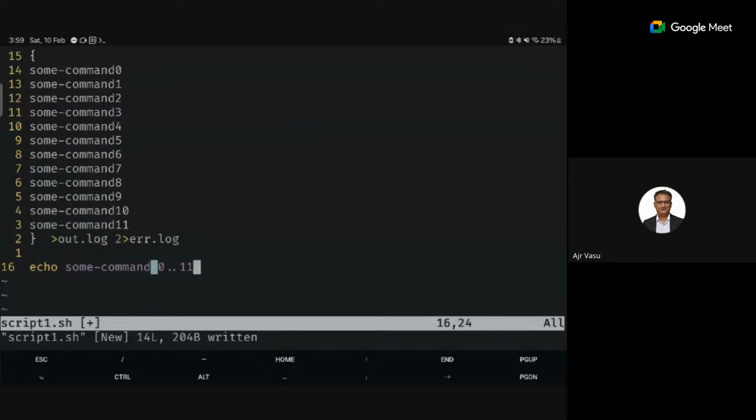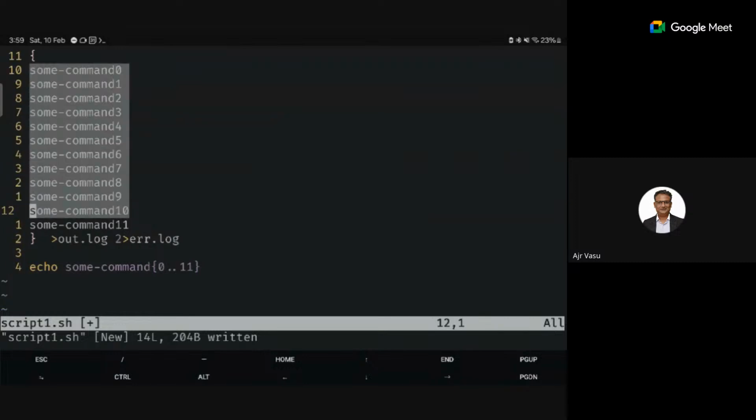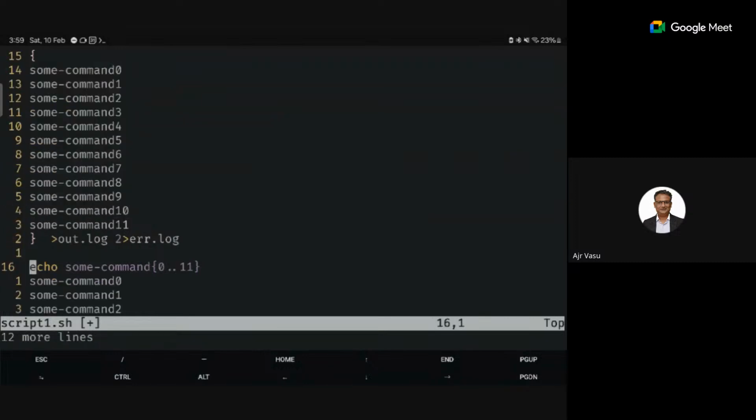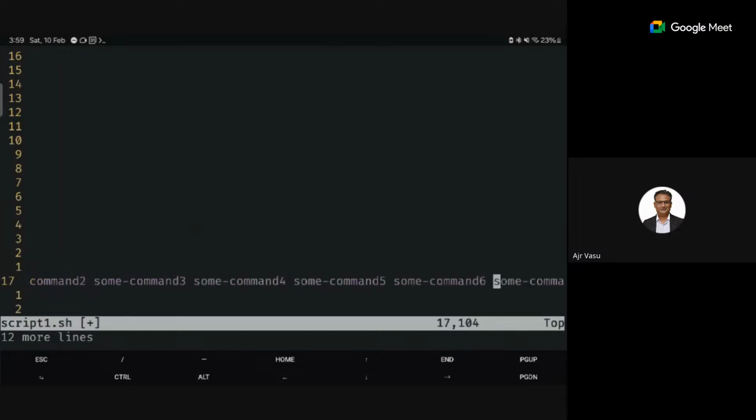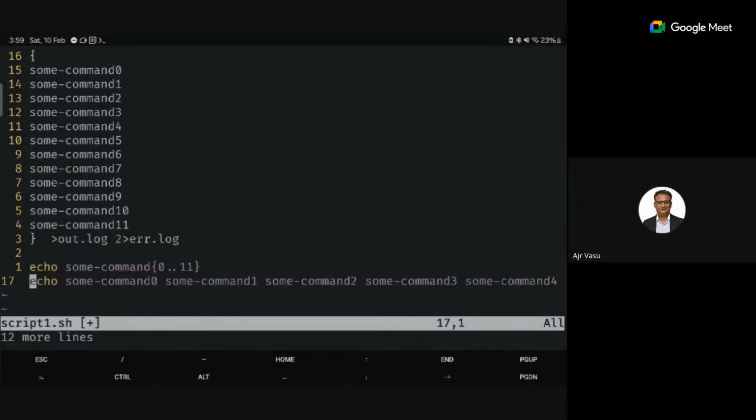So I'll tell you. If you do the same thing, what happens is it will be expanded to something like this. So this is how it will expand. Let's say you are not using echo, so it will come like this.